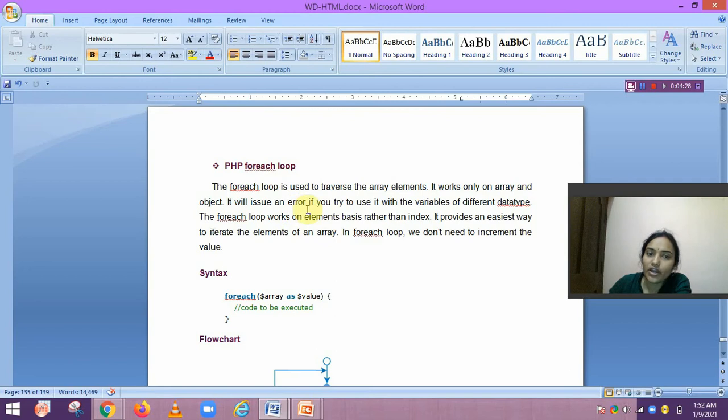It will issue an error if you try to use it with variables of a different data type. The foreach loop works on an elements basis rather than index. It provides the easiest way to iterate the elements of an array. In foreach loop, we do not need to increment the value.